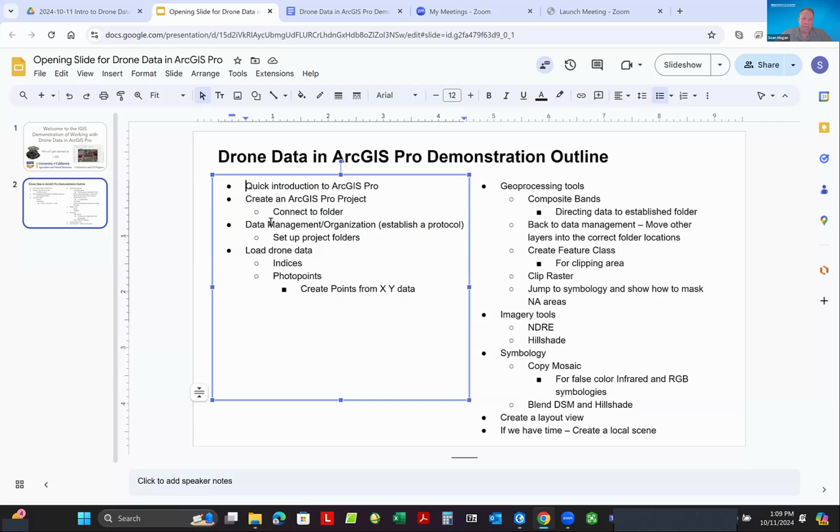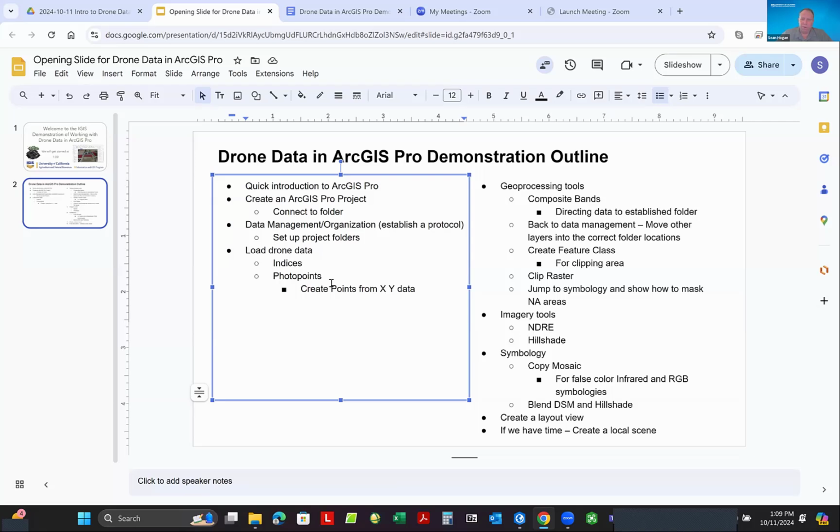Specifically, when you create a project and you need to package it up in a way that you can deliver it to other people, or be able to jettison your old intermediary files that you pile up amazingly with the photogrammetric processing that you don't ever really need later on, so you can get rid of those, but you don't want to accidentally get rid of anything essential. I'll go through the steps of how to organize data so you can keep your drives nice and clean. Be loading up drone data indices and layers coming from the image processing,